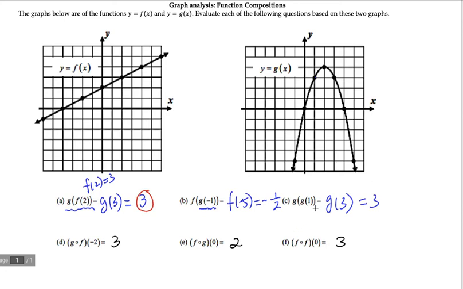Okay, so that's all I want to share with you today. That's how we use graphs to analyze the meaning of function composition. I hope after all the examples here, you are feeling totally confident about